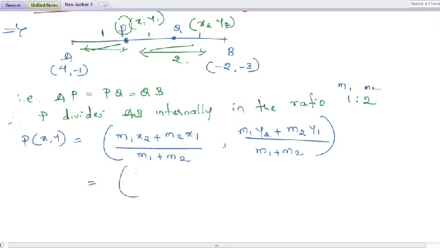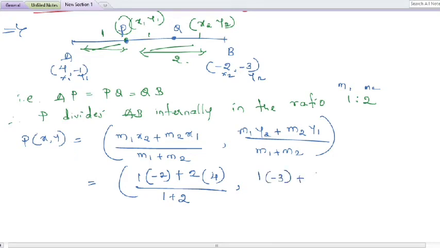Here M1 value is what? 1, x2 value, here A coordinates x1 y1, it is x2 y2, x2 value is what here? -2 plus M2 value 2, in the bracket x1 value 4, divided by M1 plus M2, M1 value is 1 plus 2, comma, here M1 again 1, y2 value -3 plus M2 value 2, y1 value -1, divided by 1 plus 2,